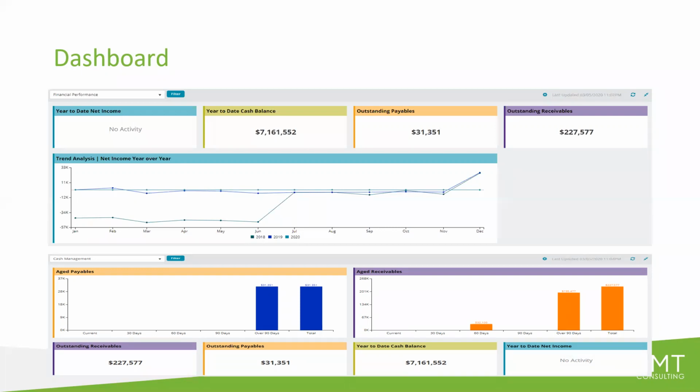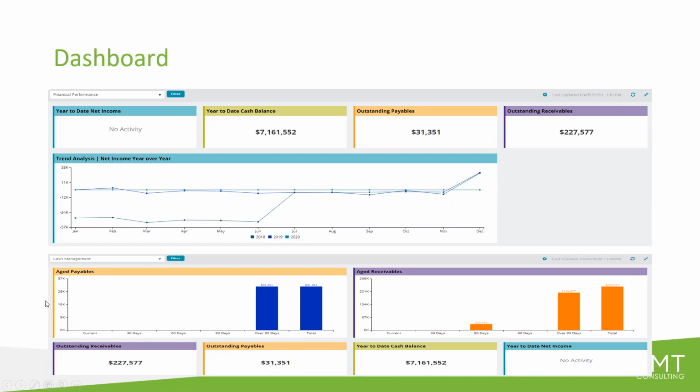Okay, so the first thing we're going to talk about is the dashboard. The dashboard is the first thing you see when you actually log into the application. MIP has created a role-based dashboard environment, and there are 6 roles available for you to customize. There's an AP dashboard, an AR dashboard, budget management, cash management, an executive view, and financial performance. So here we have cash management. Here, in this second example, we have financial performance. These are 2 different views, and each one can be customized.